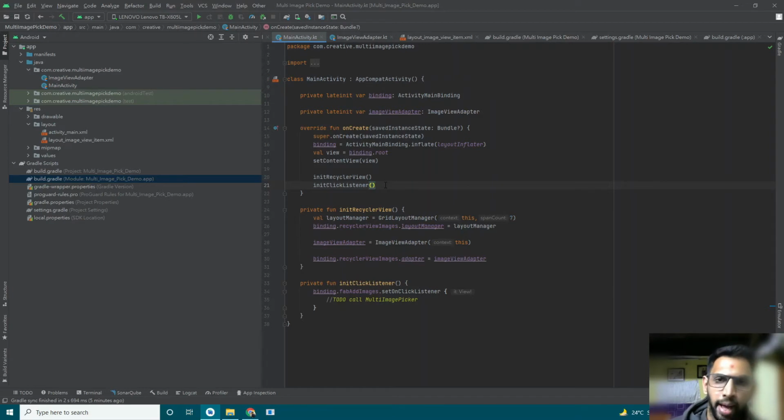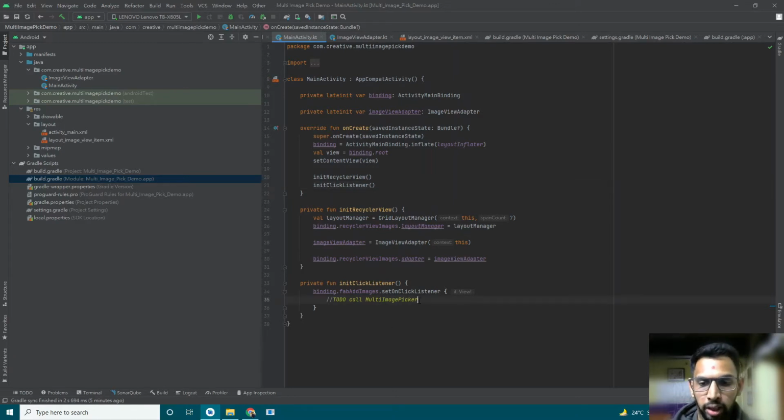This is just a demo, and you can use those images for uploading to your server and whatever else you want. I'm just showing you the demo for displaying the images we have selected.